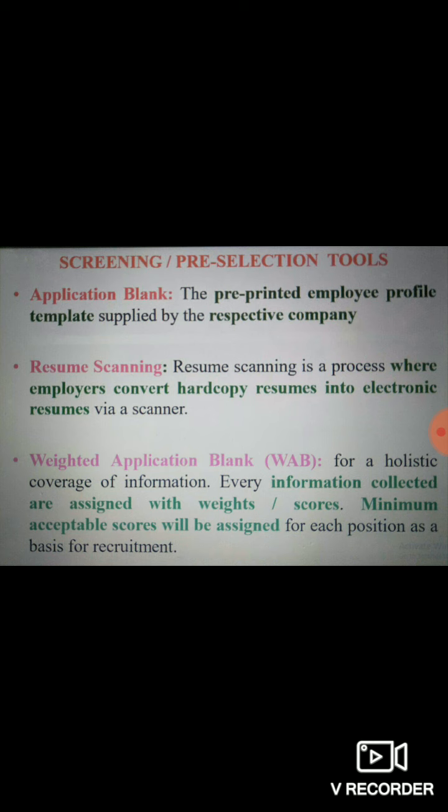See, first one of them is application blank, which we already discussed during the past session. That is the pre-printed employee profile template supplied by the respective company. So everywhere there are certain requirements of the company with specific reference to the particular organization, particular profile, particular brand, with the computer technology based background.